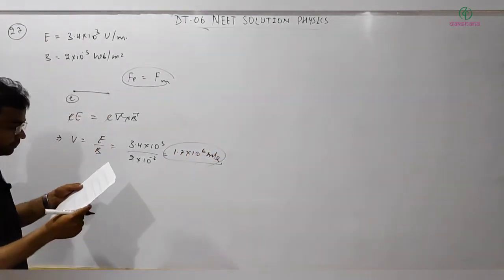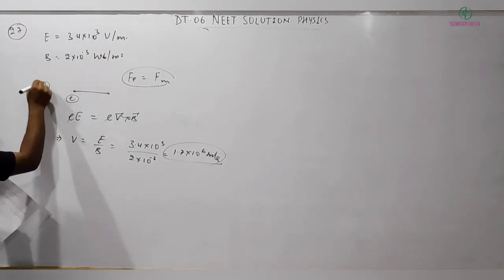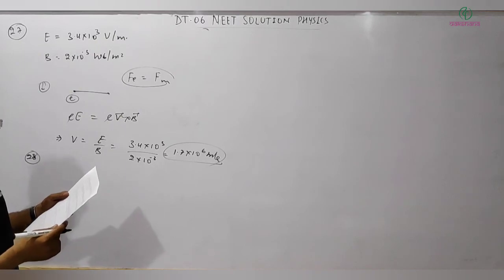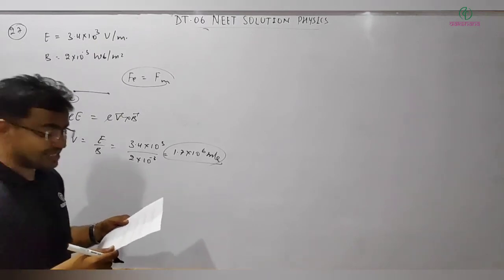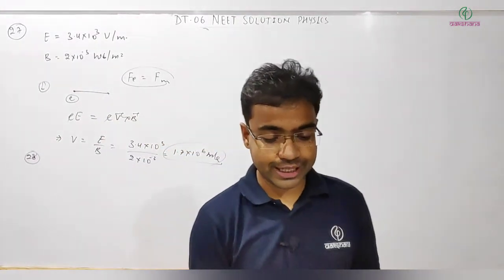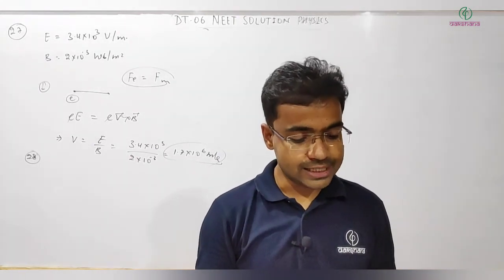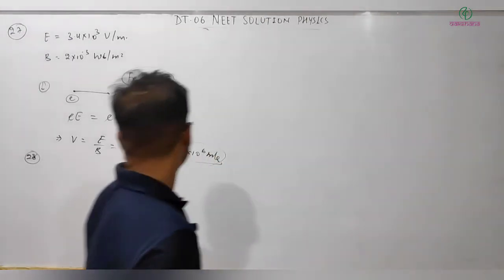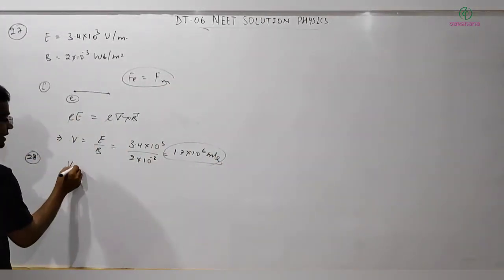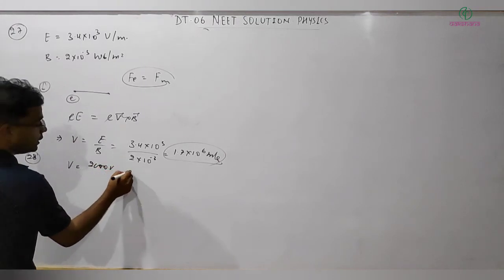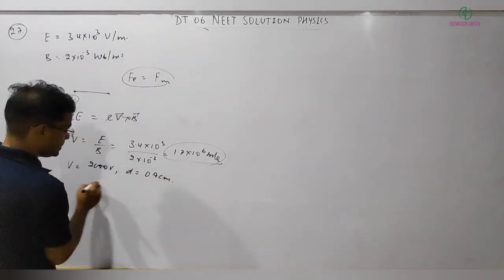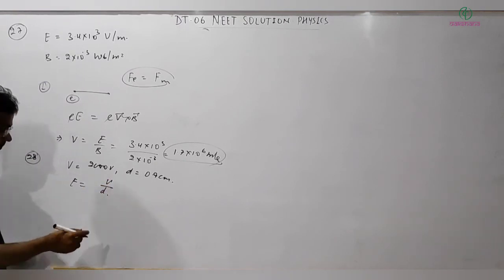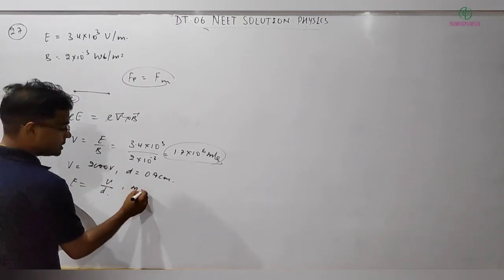That's the answer. The question matches with option 1. Question number 28. In Millikan oil drop experiment, a charged drop of mass 1.8 × 10^-14 kg is stationary between plates. The distance between plates is 0.9 centimeter and the potential difference is given as V = 2000 volt, d = 0.9 centimeter. This implies the electric field between the plates is V by d,